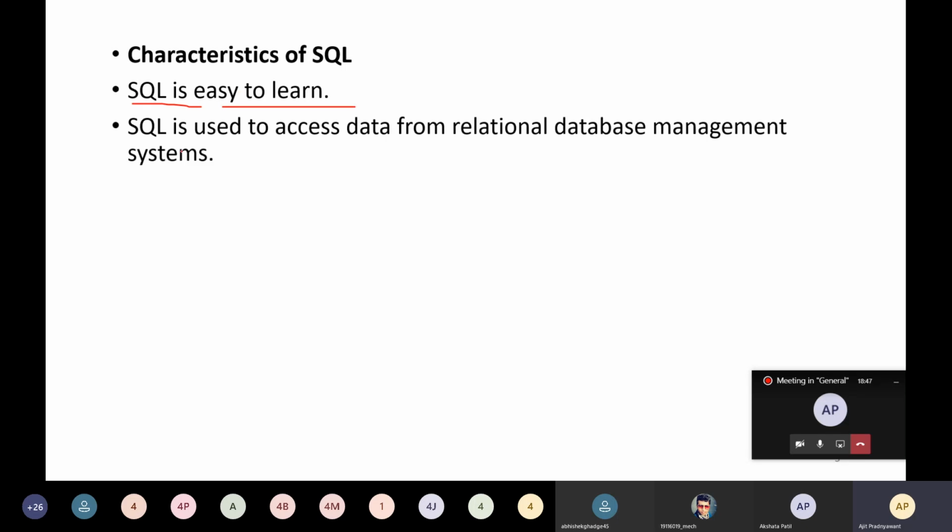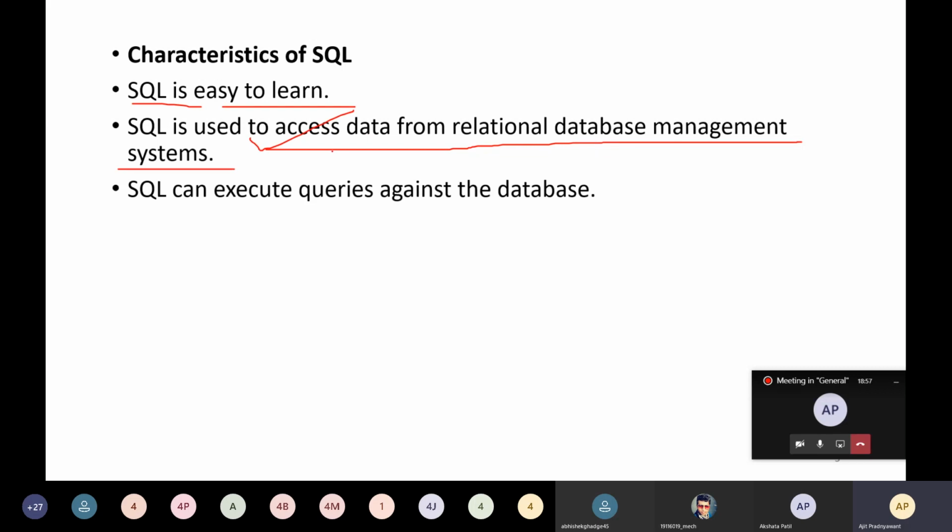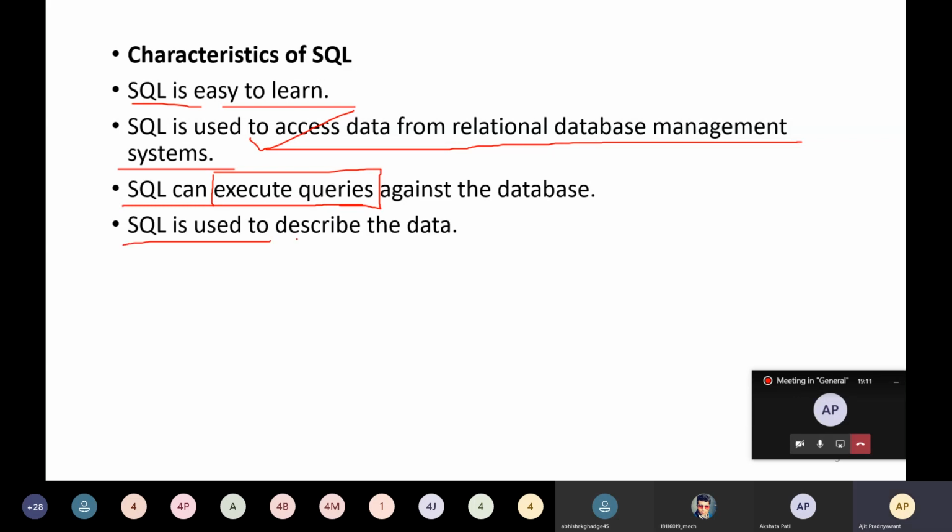SQL is used to access data from a relational database management system. Okay, it is used to access the data. So SQL can execute queries against the database. Whatever queries you have will be executed. Again, SQL is used to describe the data.